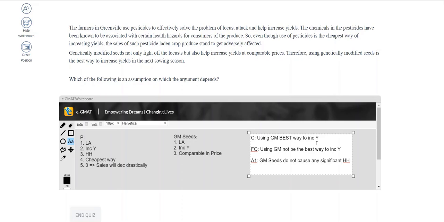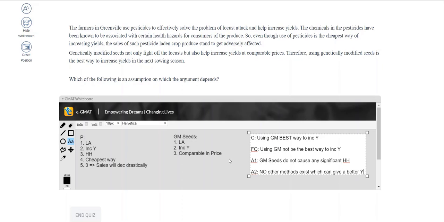What if there are other methods apart from using pesticides and apart from using GM seeds? For all you know, maybe a different type of irrigation can be a better method to increase the yield. We do not know. The author seems to be assuming that these are the only two methods that are available. So the assumption is no other methods exist which can give a better yield,